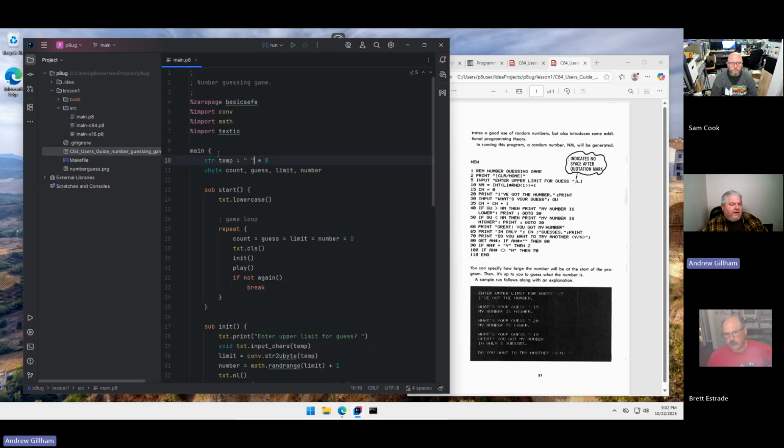But you were predefining this temporary string. This is where we're going to ask for something from the user: we're going to ask for the limit, we're going to ask for guesses, and do you want to try yes or no? Or, do I try again, yes or no? And so we need a temporary place to put that,